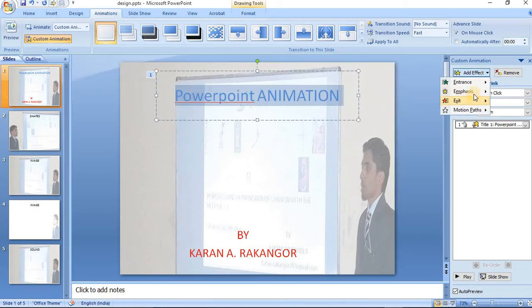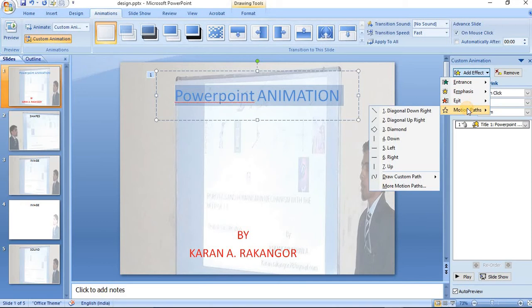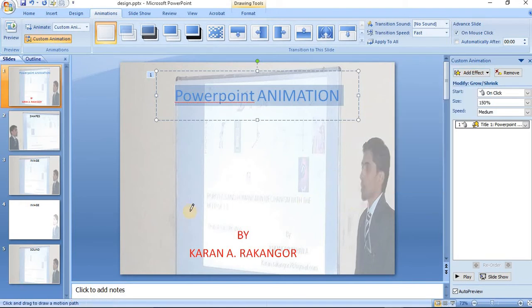Say for example, I would like to move the text as I want. Then you can select from motion path, draw custom path, and whatever path you draw, say for example I am drawing over here letters. Then the PowerPoint animation text will move like this.